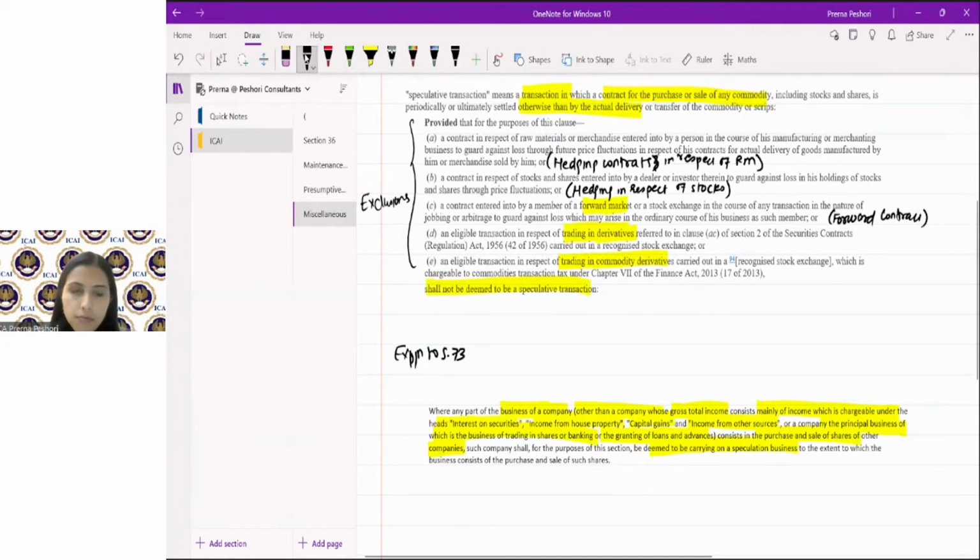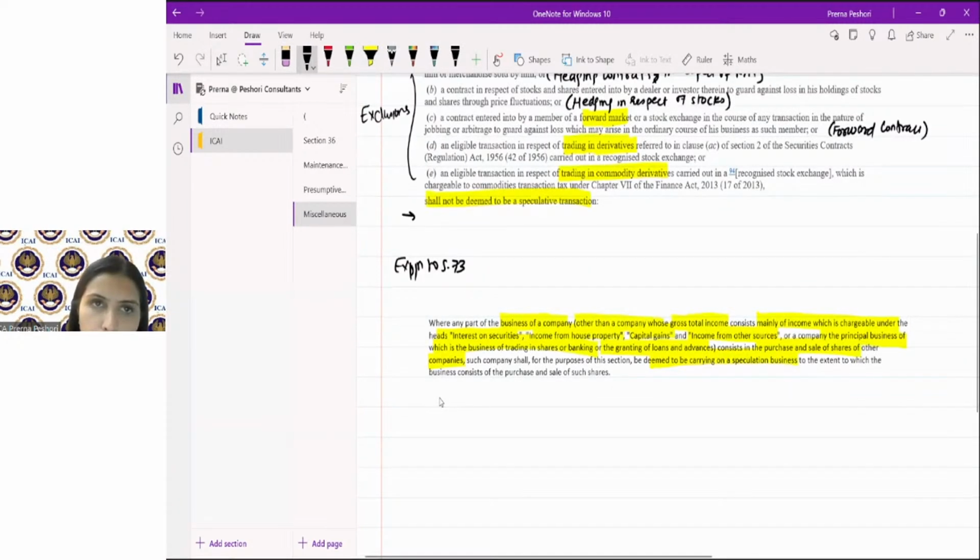Meaning what? Here you can write it down. So a company, in the exclusion, you can write down a company, the principal business, whose gross total income, whose GTI consists mainly of, as in the majority of, the income